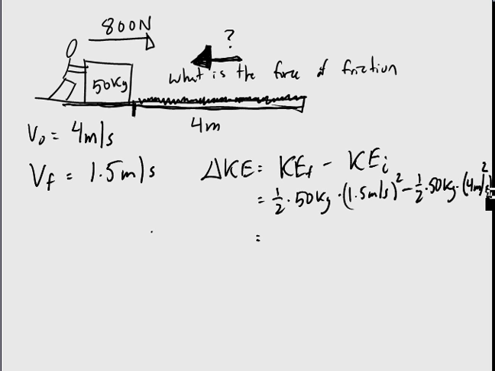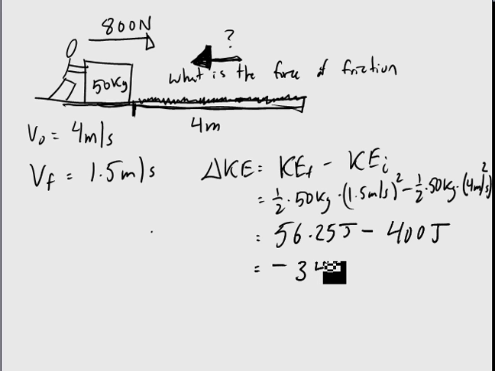So that's going to give me 56.25 joules minus 400 joules, which will give us negative